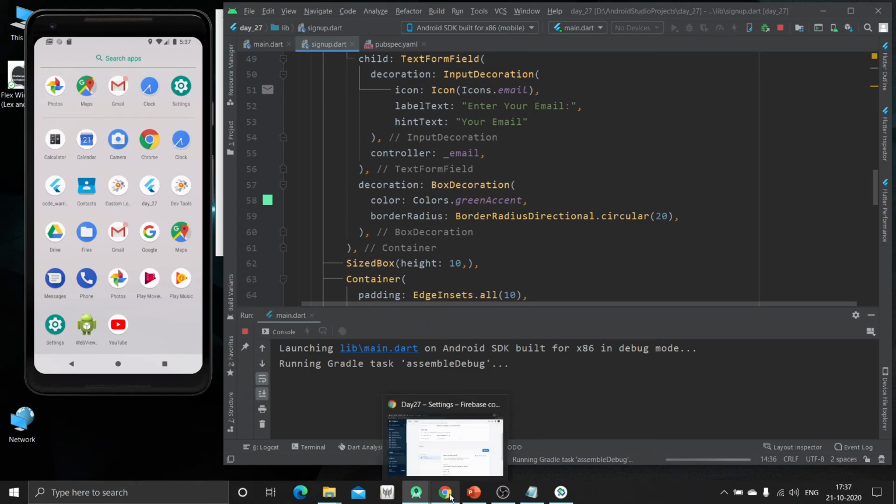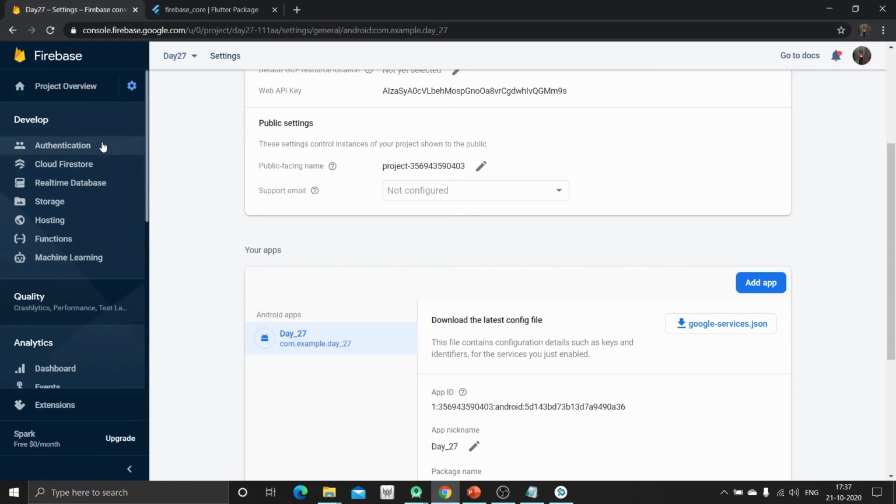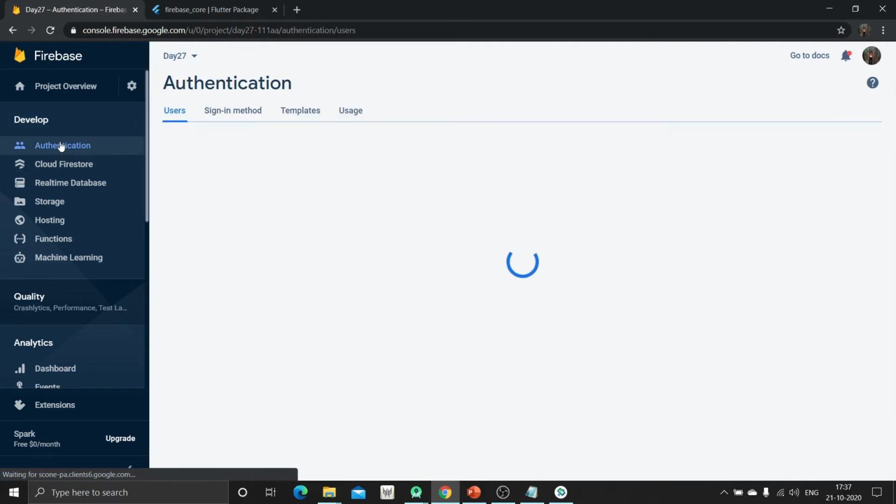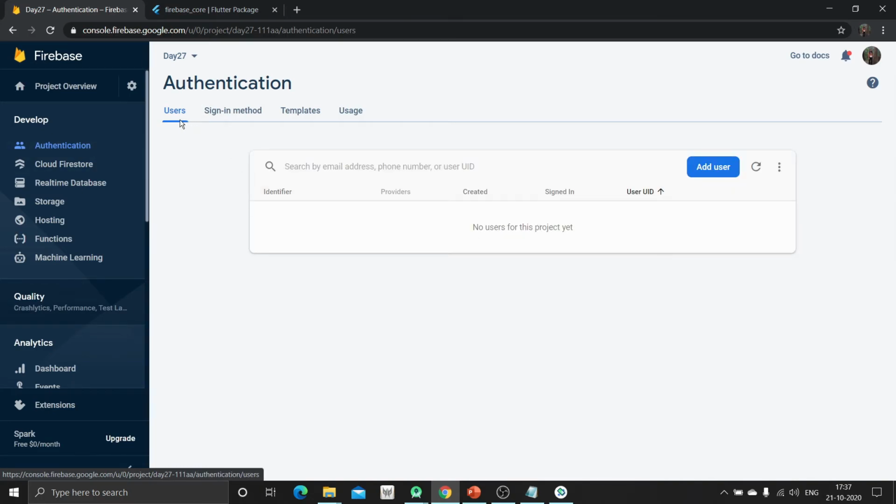Now the user details that are being registered will be available in this authentication tab. So just open this authentication tab. Here in the user tab, as no user has been registered in our app, you will find that there is no user for this project.